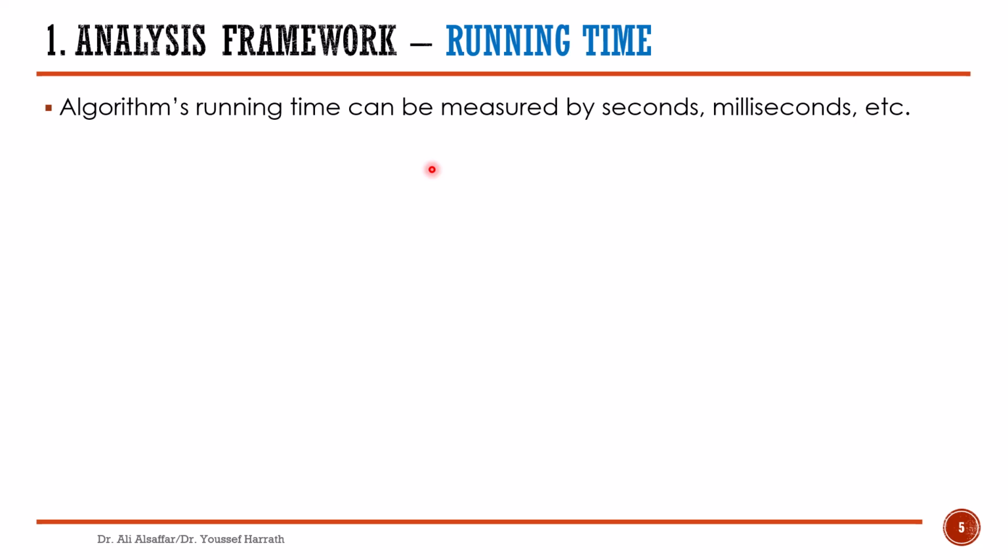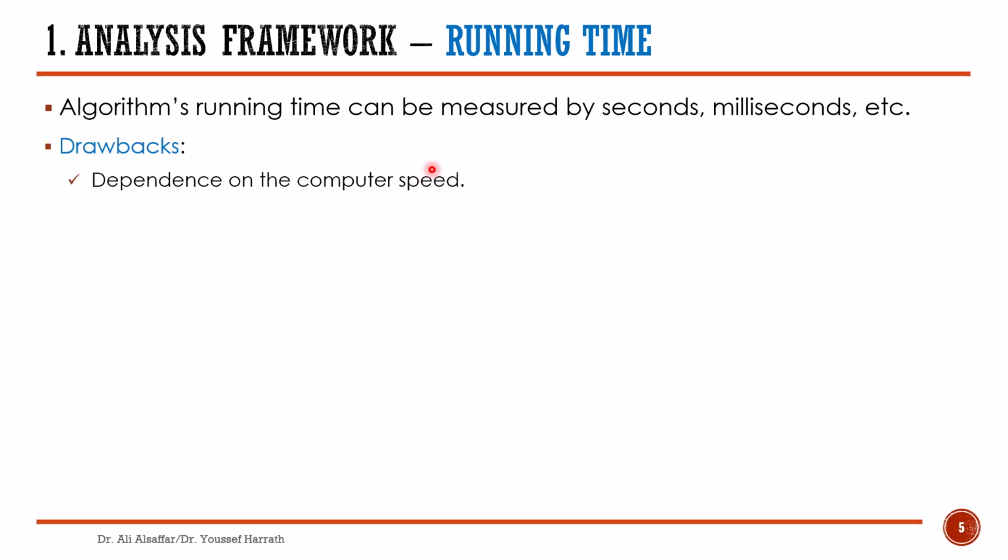Of course, using the execution time as a unit for measuring the running time of programs is not reliable and has drawbacks. Because when you run a program on a computer, the execution time is affected by some factors that make the actual readings of the execution time incorrect. So what are these factors that affect the execution time of programs?